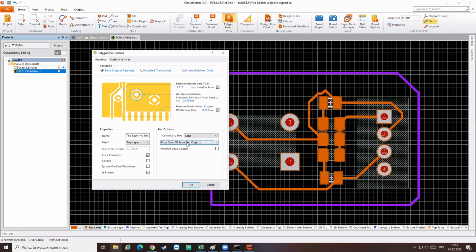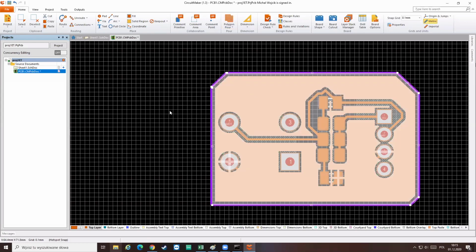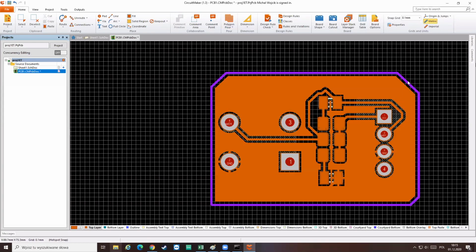Ground, top layer, same net objects, all of them. And now I'm going from corner to corner of the polygon. I do not have to be so accurate because this is a keep out layer. So in the end, I just left clicked all around. Now right click to close it and check it out. Because it's a keep out